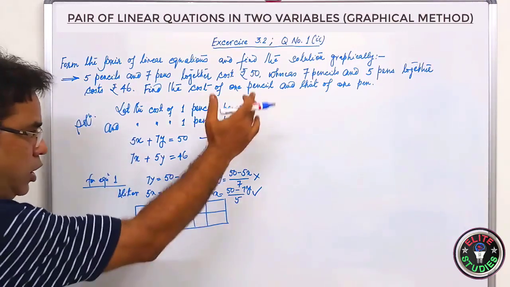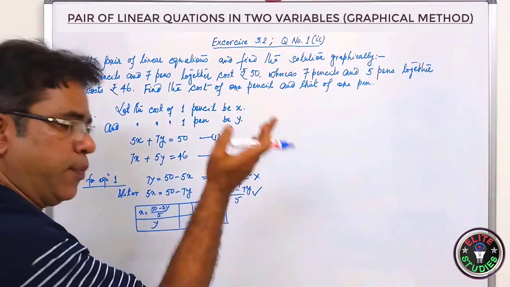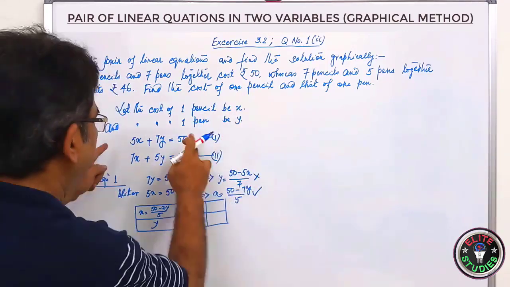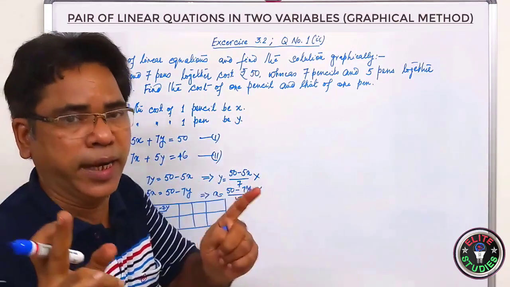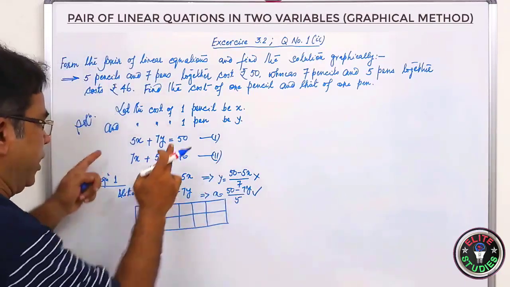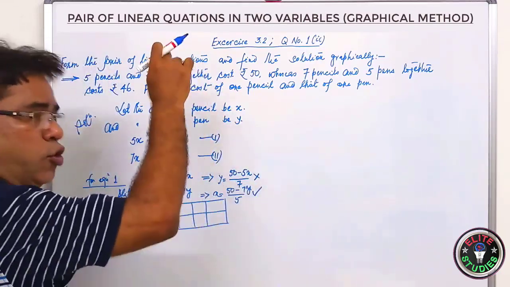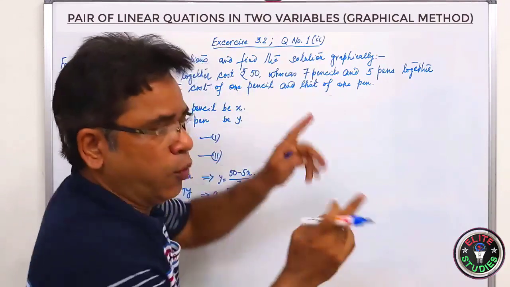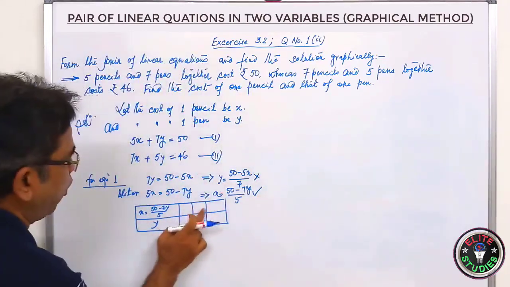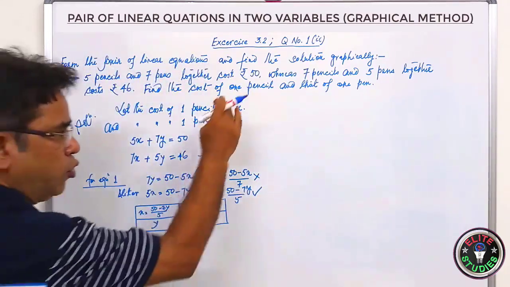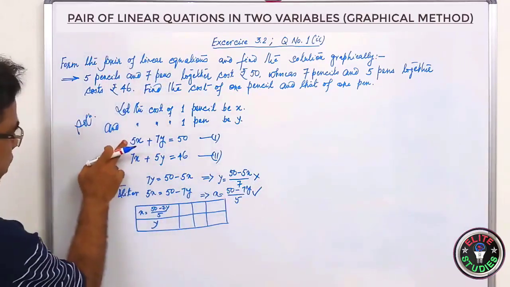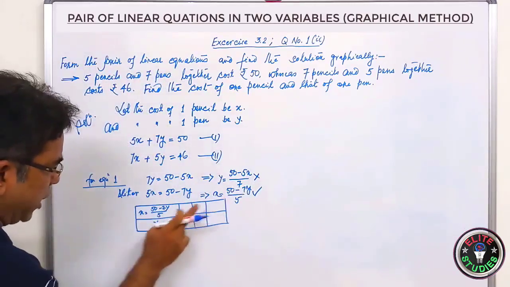Now, to plot, since this is a linear equation, as I've already told you in the earlier classes, a linear equation will invariably give a straight line. So it will be a straight line. And to draw a straight line on a plane, we need only 2 points. So 2 points are enough to get the graph of this particular equation.